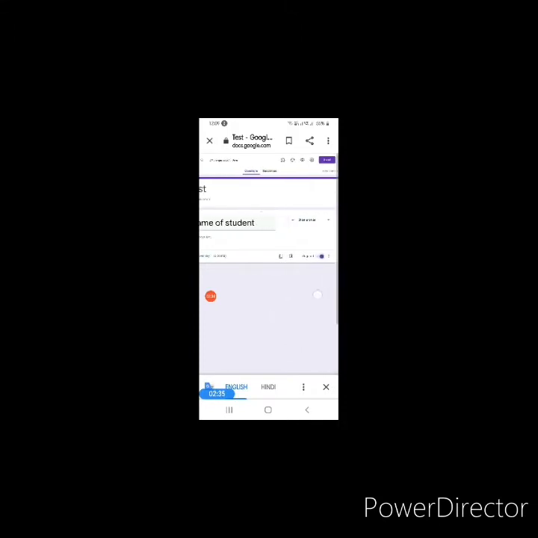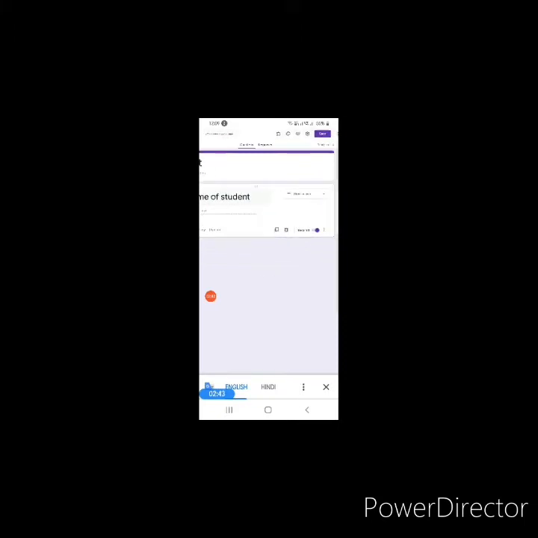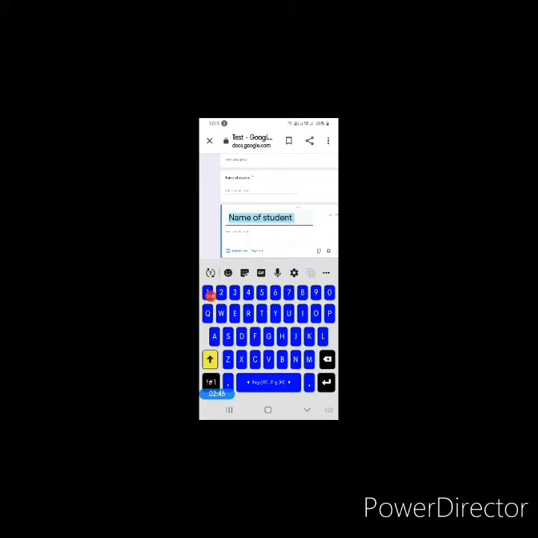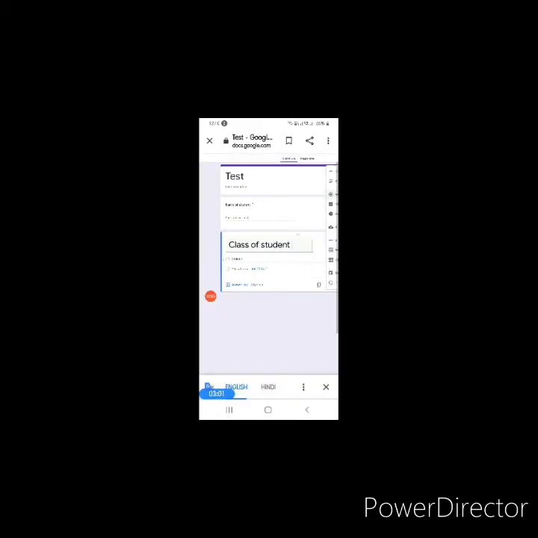icon. Now there are two ways to go to the next question, either by selecting this plus sign or this sign of duplicate. So I select this. So again this is coming as name of student. I can write the class of student. Here also I don't want to give any options, so I will select short answer from here. As I select short answer, because I did the duplicate of the previous page, it automatically selected the required option. Here also no answer key is required.